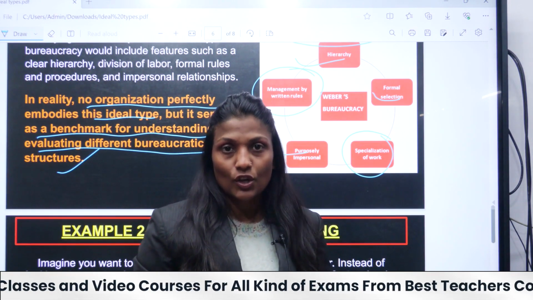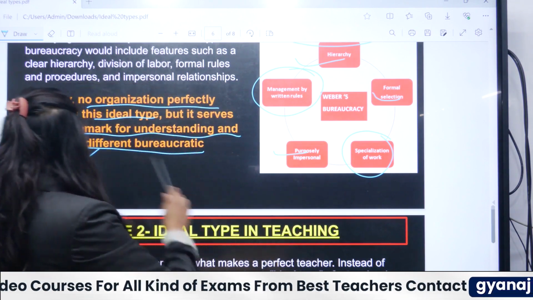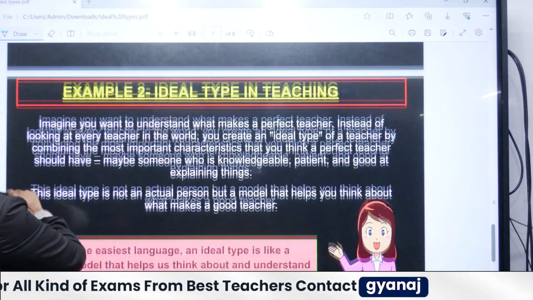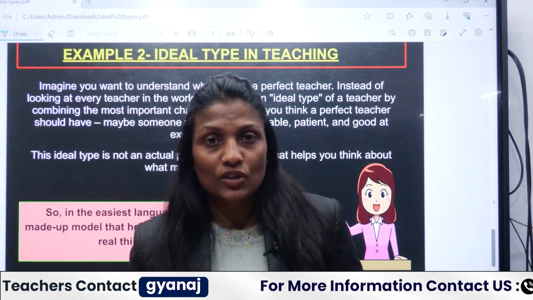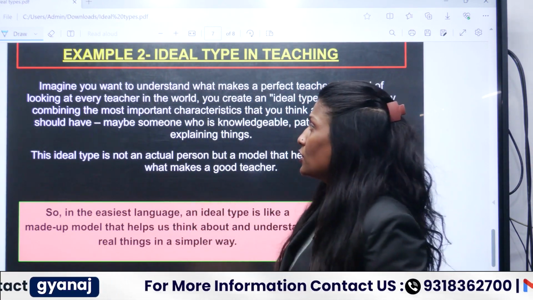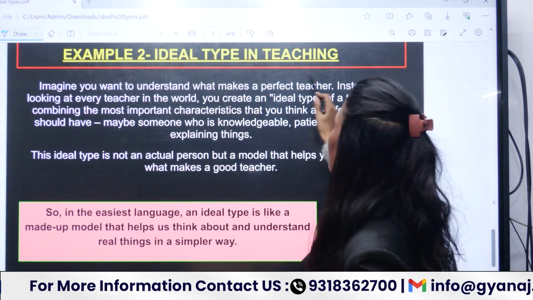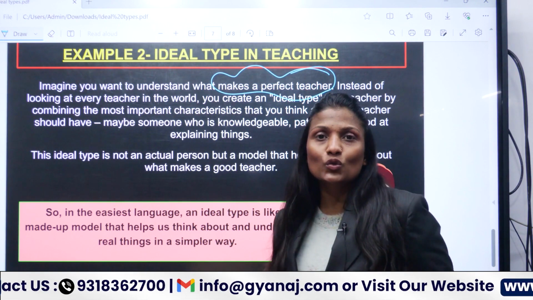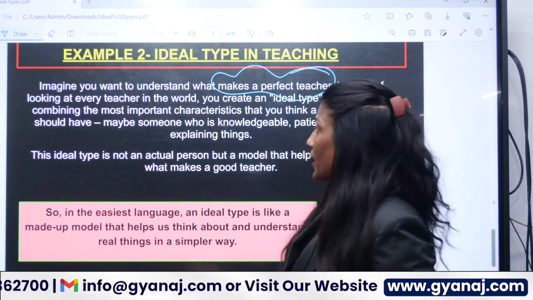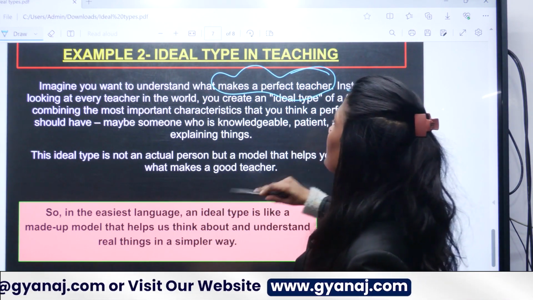Another example we can take is the ideal type in teaching. This is a very lucid example which I am giving to help you understand it better. Imagine you want to understand what makes a perfect teacher, or you want to study teachers.